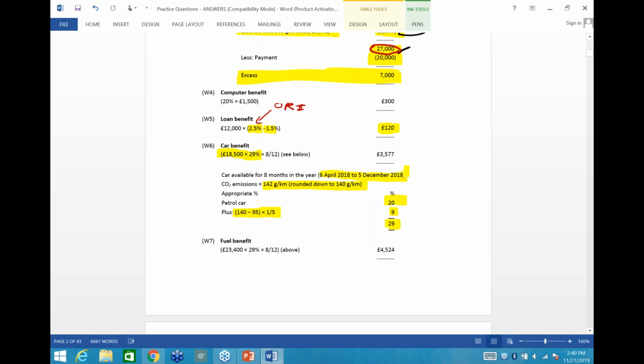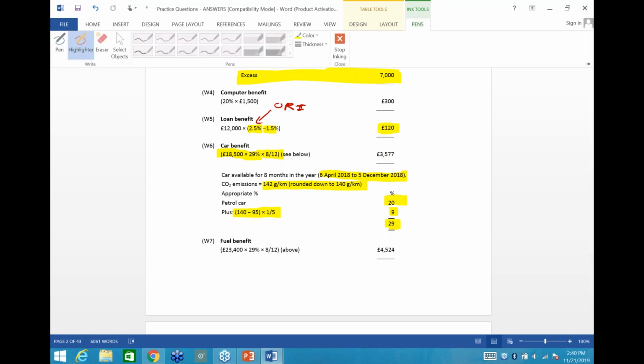That is actually for a period of 8 months. So when you multiply by 29%, the answer is the benefit for 1 year, but you haven't enjoyed the benefit throughout the tax year. You have enjoyed the benefit only for 8 months. Therefore, you need to time apportion it. Accordingly, the car benefit is